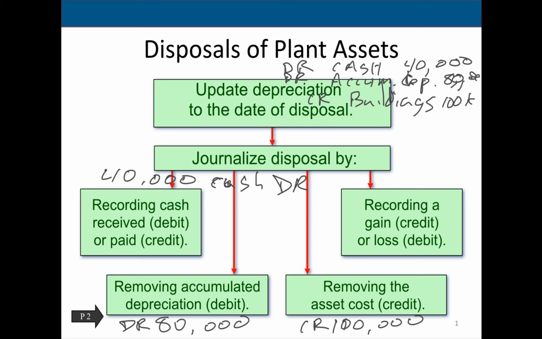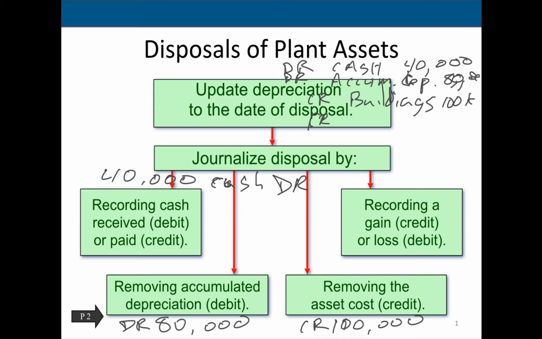I know it's hard to read, but this is my actual writing out of the journal entry. Debit to cash, $40,000. Debit to accumulated depreciation, $80,000, which is down here. Credit to buildings. This is me removing the asset from my buildings account if I was selling it. So once I have those three components up there, I'm just looking for whatever I need to balance it, right? Depending on whether I need a credit or a debit to balance it, I'll know whether I need to report a gain or a loss. And so for this one, it would be